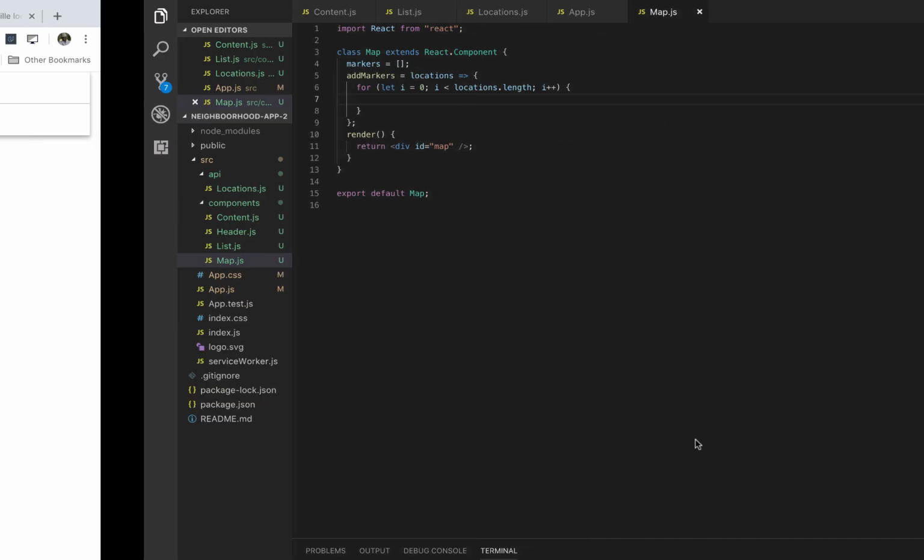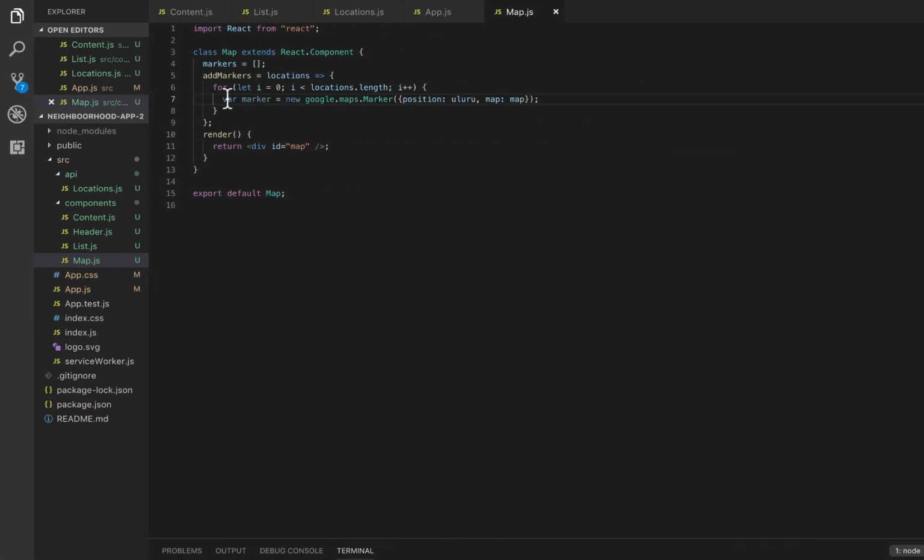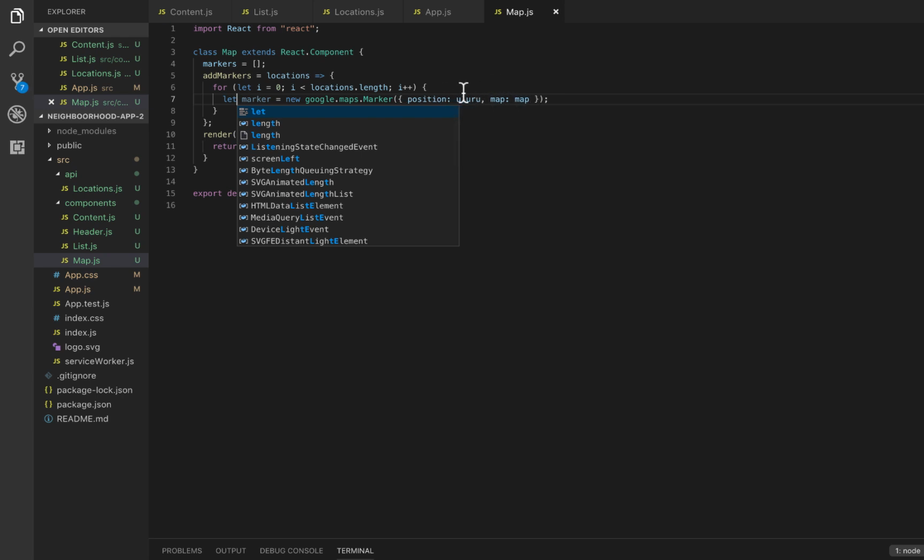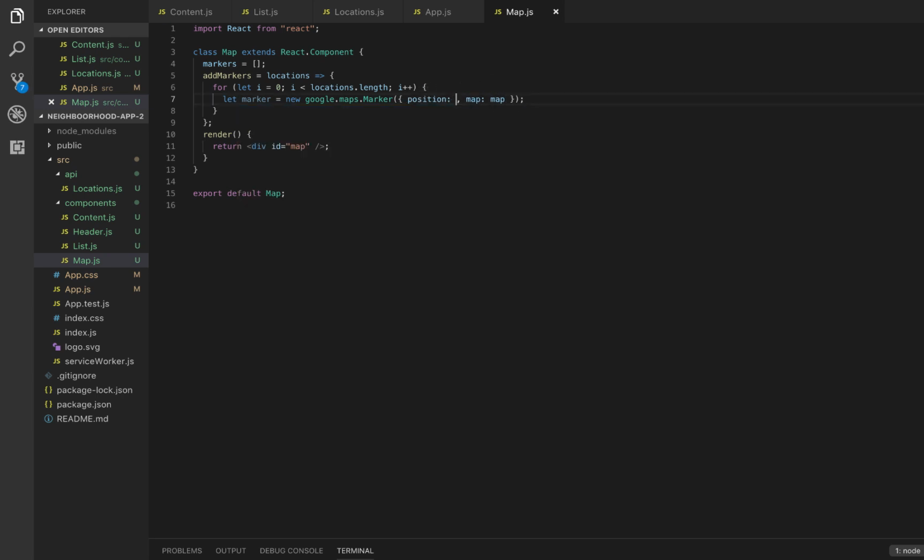Okay, I'm going to use a let. So let marker equal this, and our position actually is gonna be an object, and here you have to pass lat, and lat is gonna be what